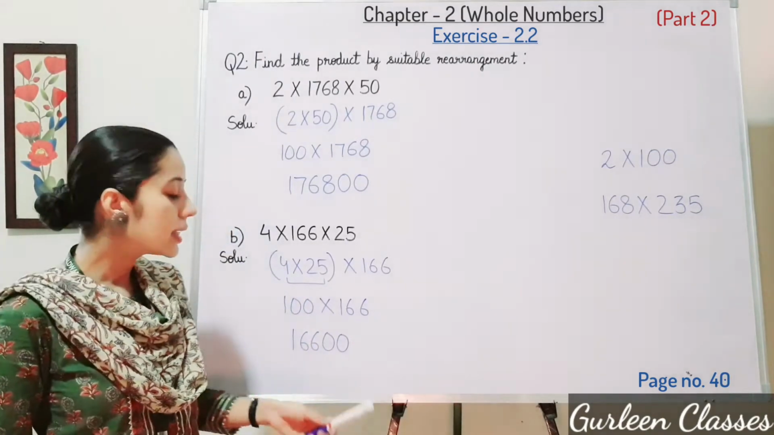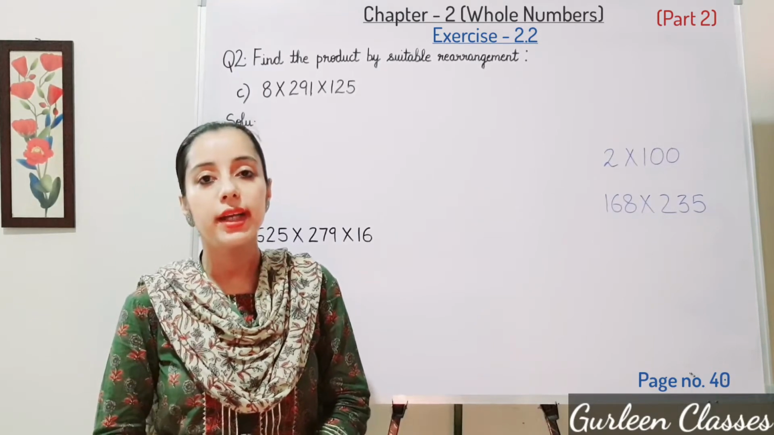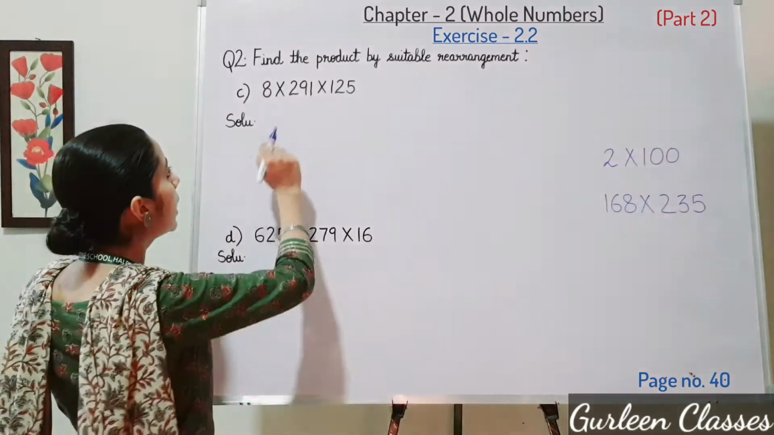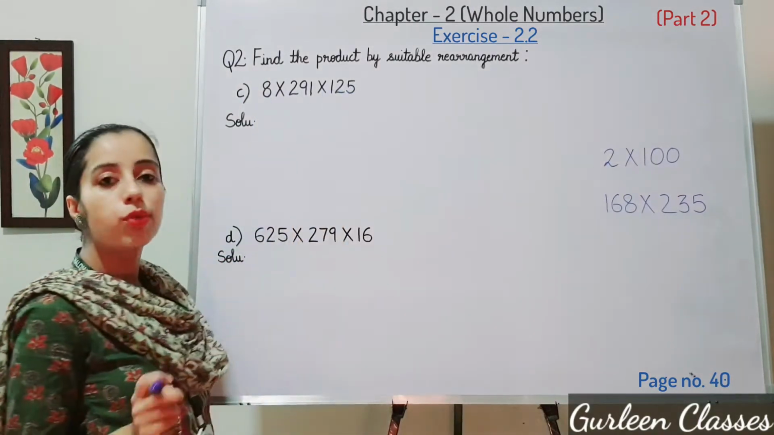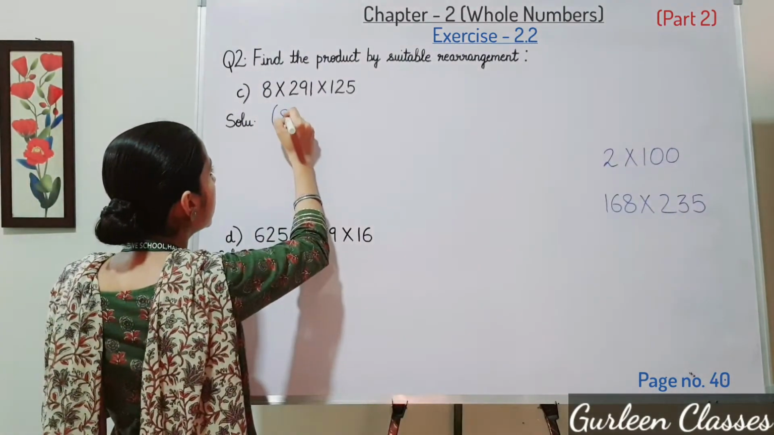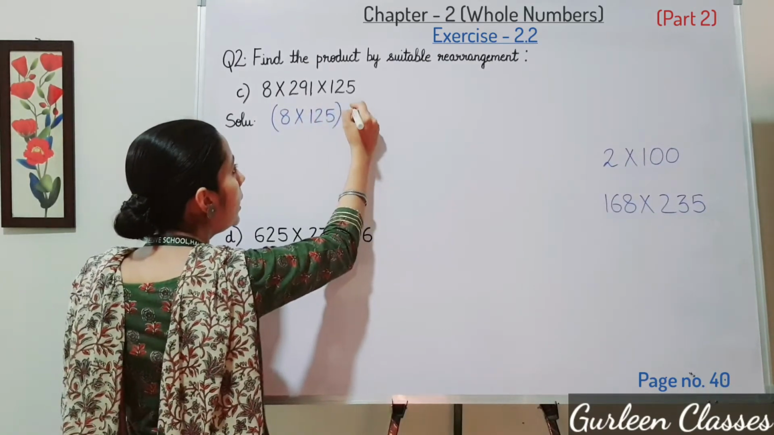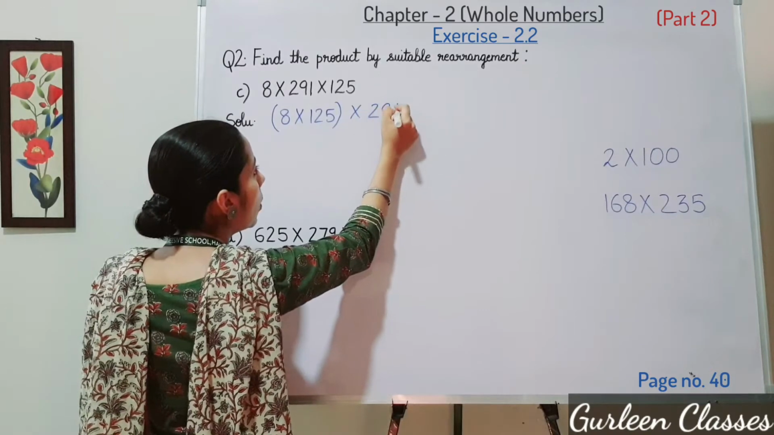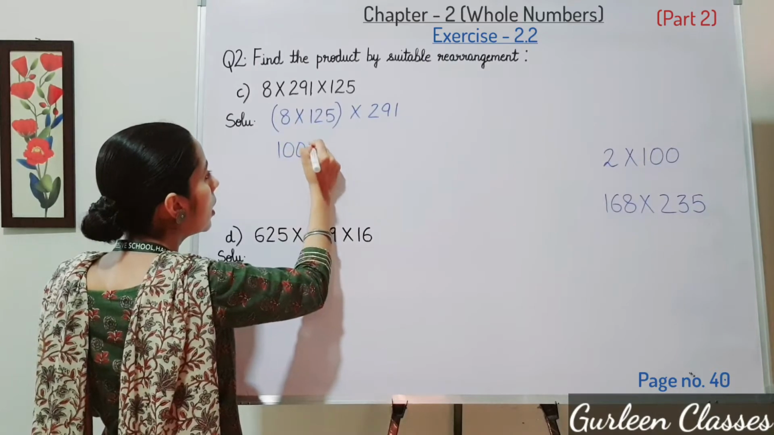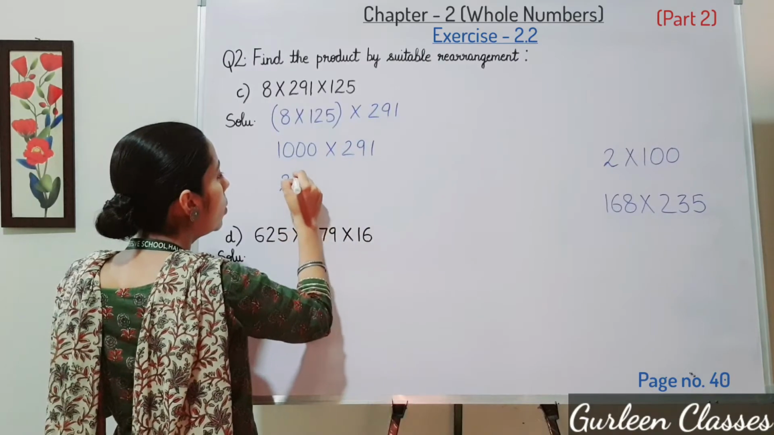Answer came 16600. C part: 8 into 291 into 125. So you have to multiply. At last 0 should come. So let us multiply 8 into 5. That will be 40. So at last we will get 0. So let us take the pair 8 into 125 into 291. So 8 into 125, that is 1000 into 291. So answer is coming